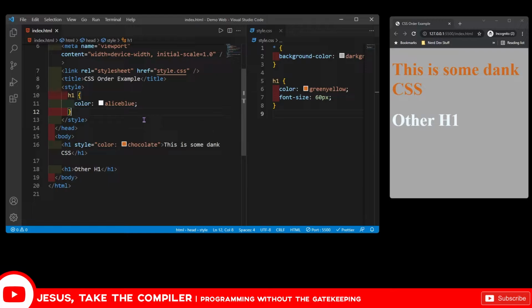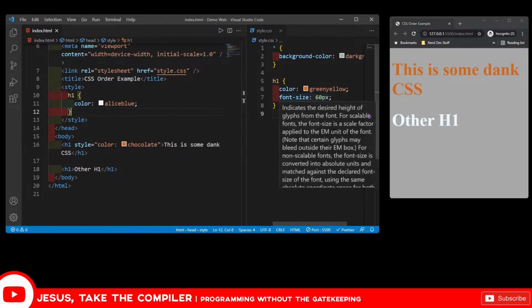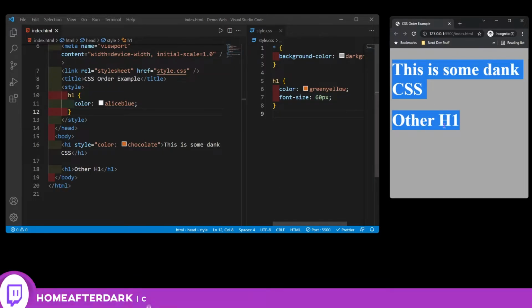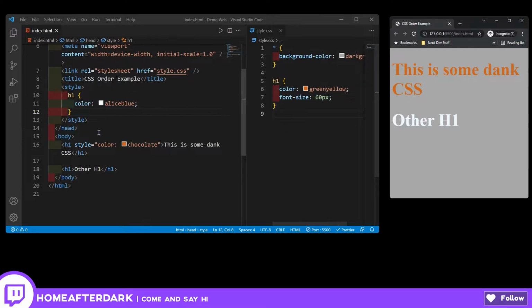Let me save it. Okay, it just did a weird thing. It changed the color, then changed it back. I don't know why. That's a plugin error right there. So we see nothing truly is green yellow, but everything is 60 pixels in size. The colors are handled differently because this is being applied specifically inside of the H1. It says, okay, there's no specific style inside my element, but I do see that you want me to be Alice blue. If we removed this,